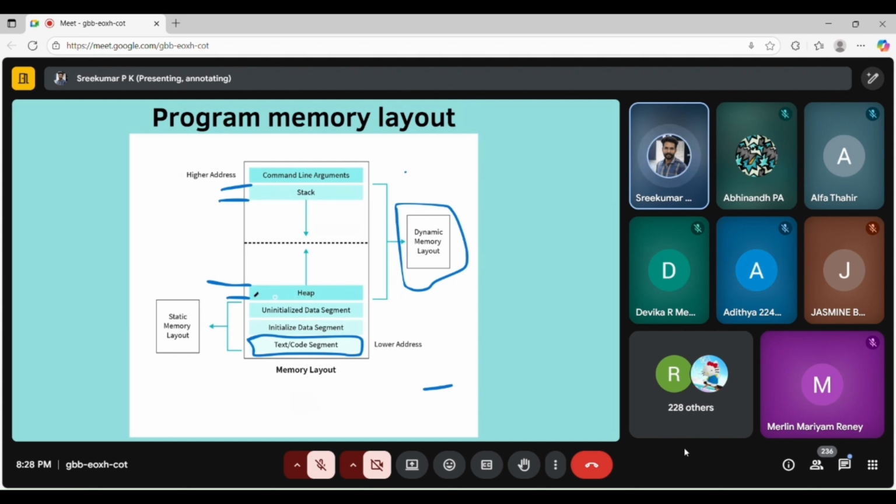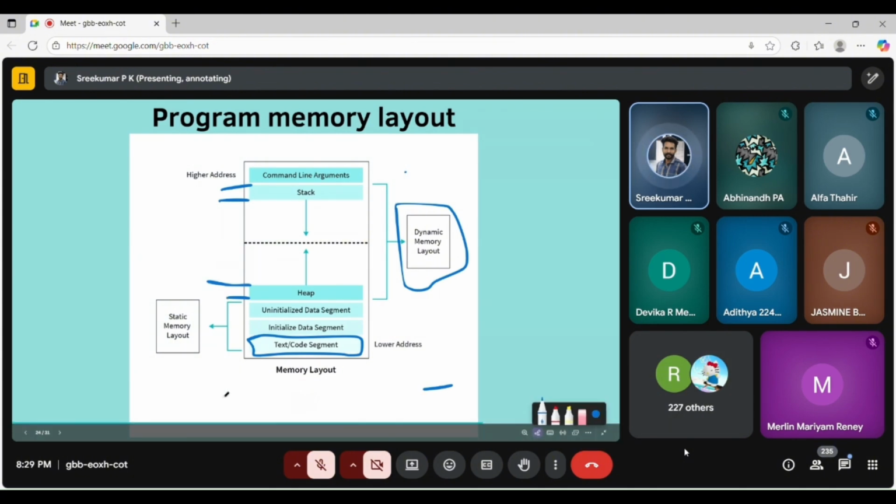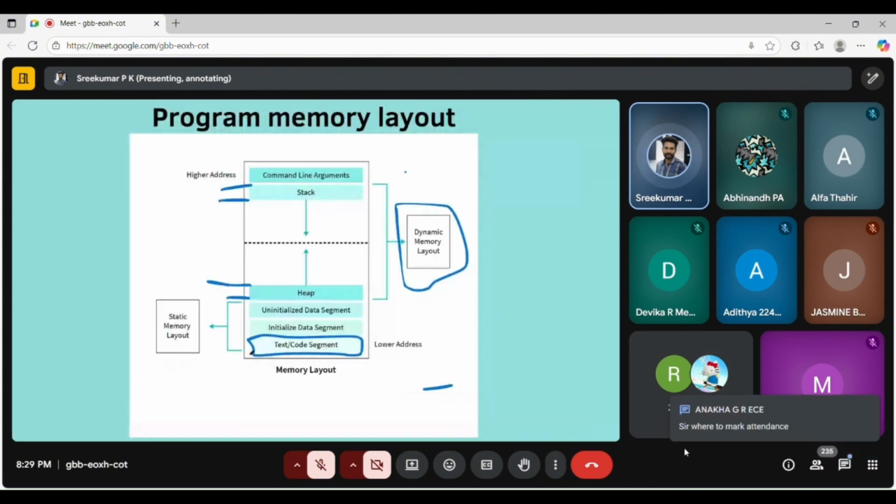Heap memory is dedicatedly used during the execution. Sometimes you want to receive an image, but you don't know the size of the image. So you have to plan the memory based on your requirement, right? At that time, there is a feature available in C programming called dynamic memory allocation, which is done with the help of functions like calloc, malloc, and realloc. So there are many features available in C in order to manage this heap section.